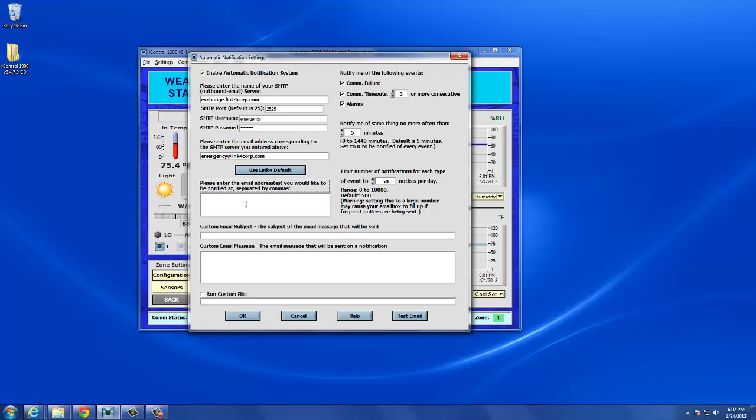And then you put in the email addresses that you would like the email to be sent to. So for us, we put link4corp@gmail.com. Custom email, let's say Link4 greenhouse alarm. Subject. And then for the email body, let's put